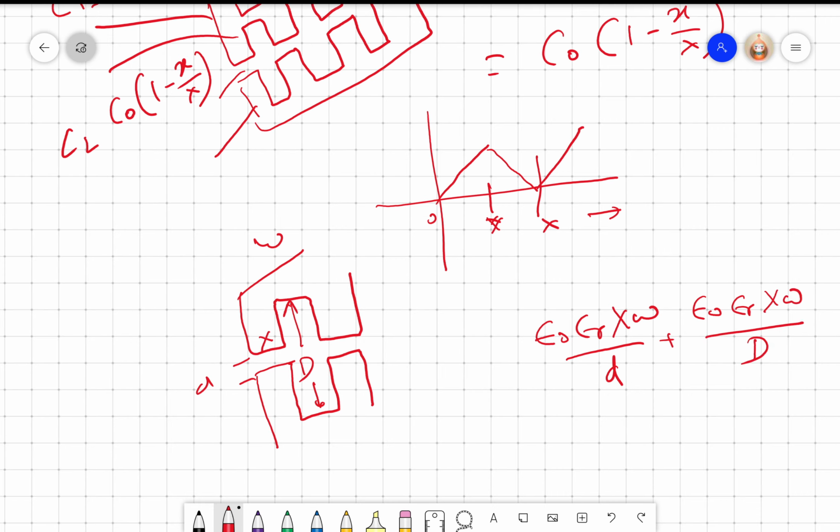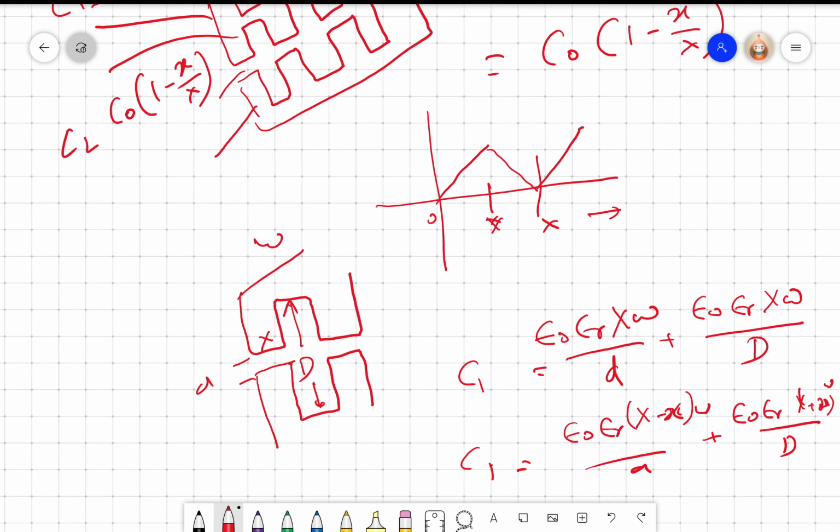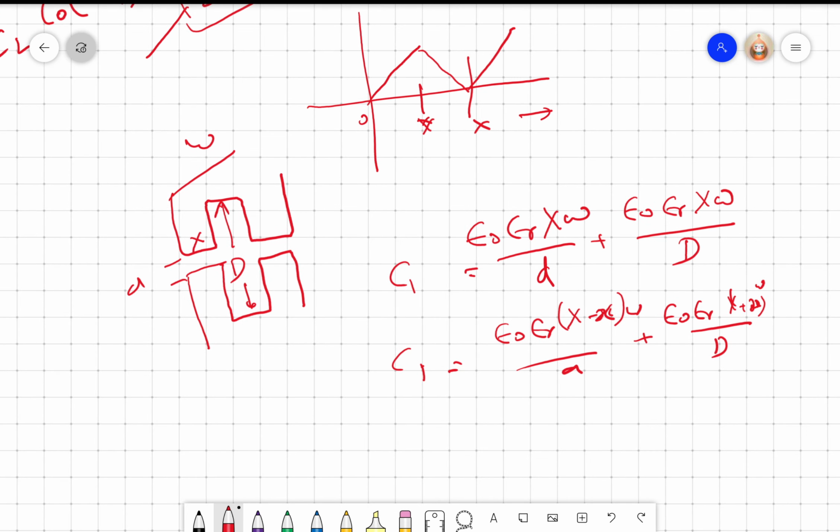So this would be C1 or C2, doesn't matter. C1 is epsilon naught epsilon r into X minus X into W by D. When X reduces here, X increases here, so I will get epsilon naught epsilon r into X plus X into W by capital D. So we can factor this into account, but most of the time what we do is